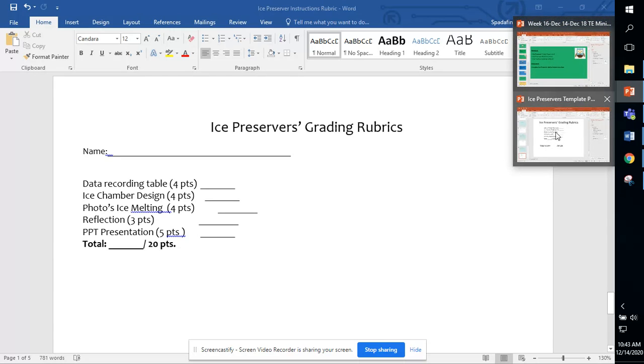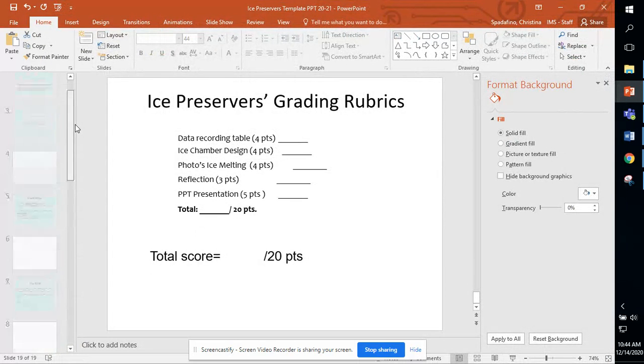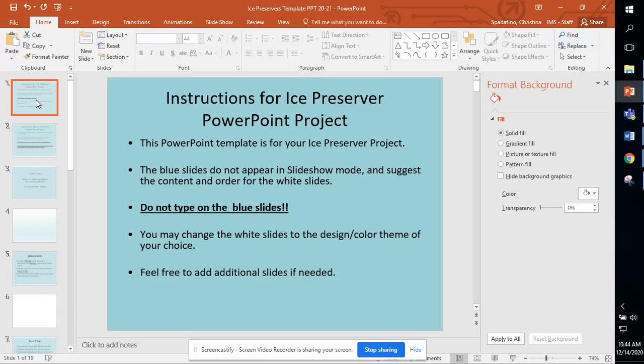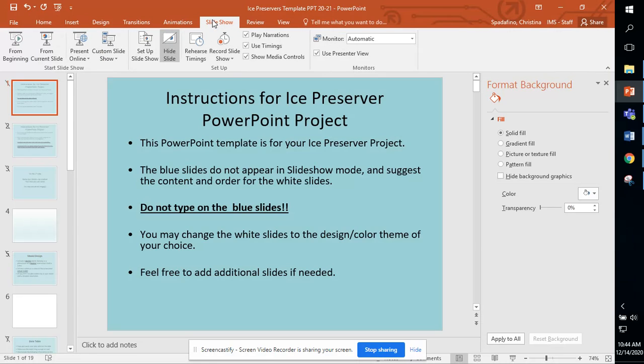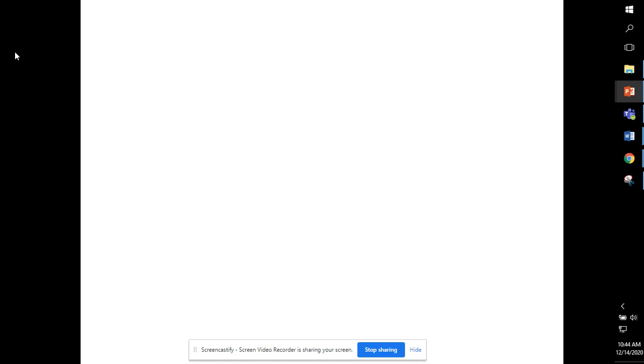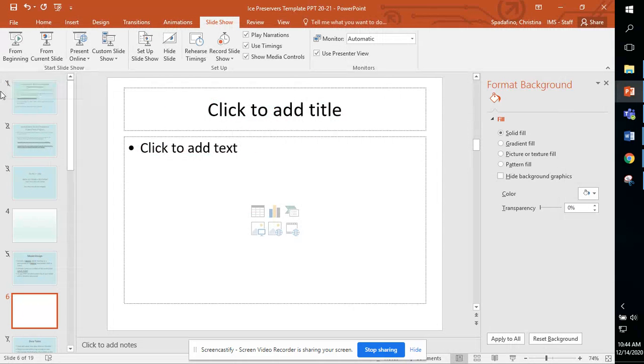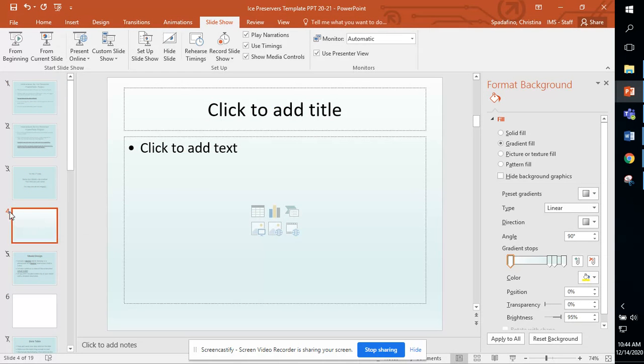Let me pull that up now. And of course, all the way at the end. So you can use your own PowerPoint. You don't have to use this template. That is completely up to you. Please know that you see these little hash marks, these lines through the numbers. These are instructions. When you go to slideshow or when you send this to me and you present, none of those slides are visible. Only the slides that don't have the slashes through them are visible.